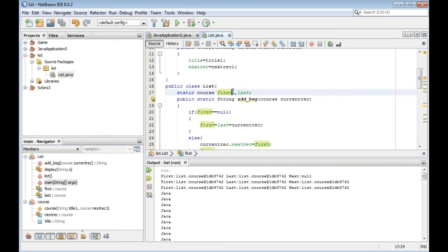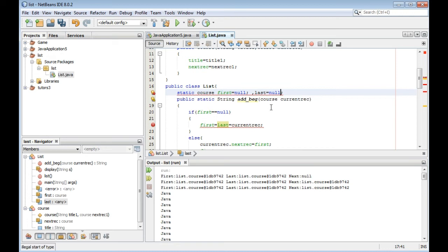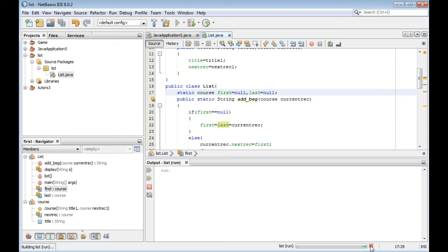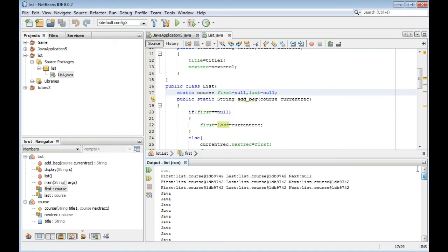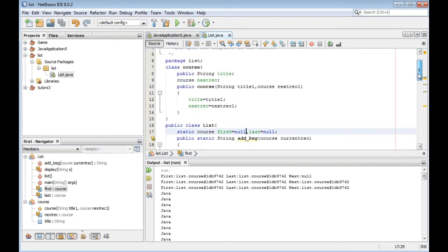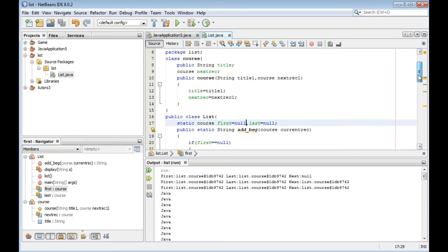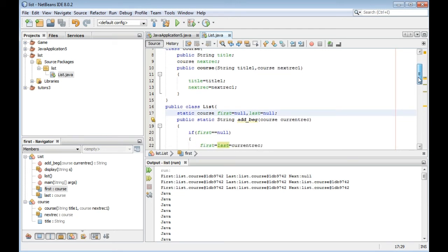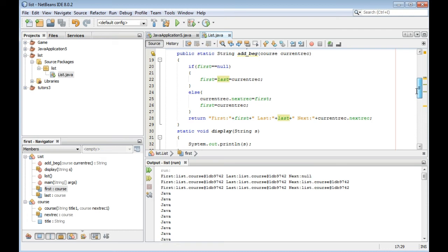Current record dot next record is equal to first, and first is equal to current record. This is okay. First is equal to null, last is equal to null. Okay, this is the problem.